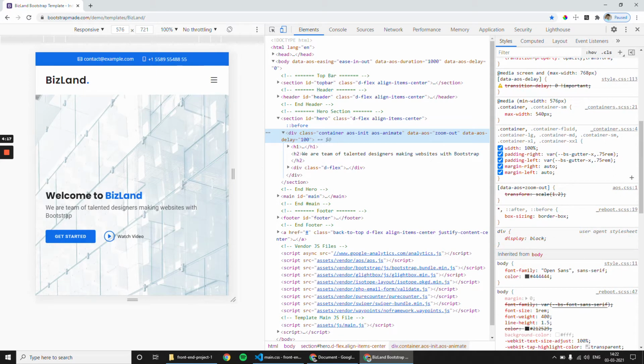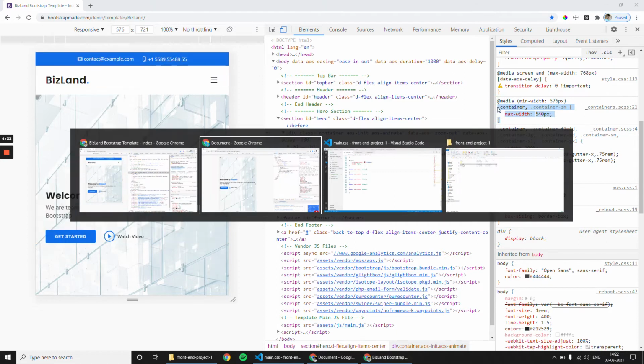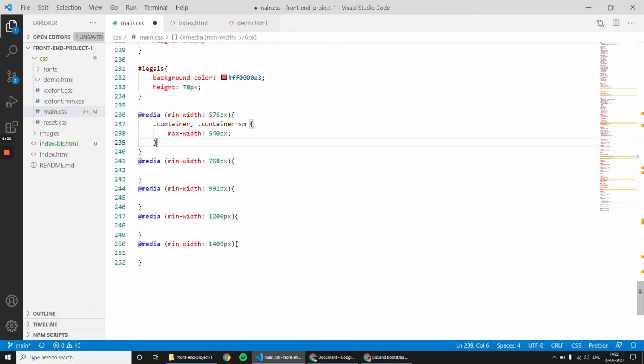For container they have applied 100% width, but for this media query at media 576, for this breakpoint they have given max width as 540 pixel. So let me copy this style and paste it here, and we don't need this class name because we haven't used that.